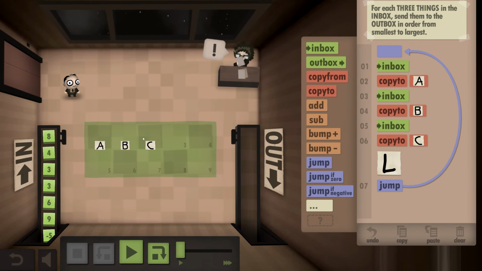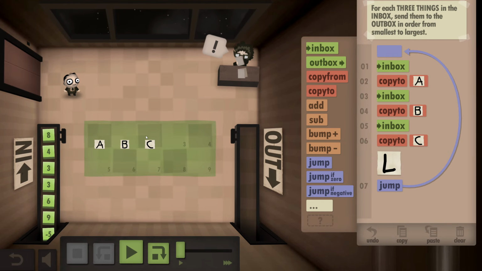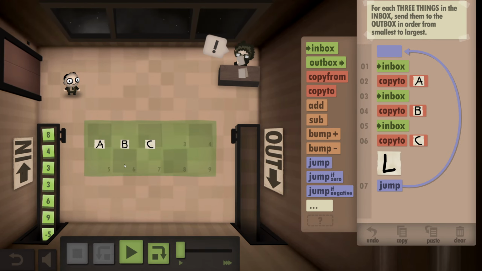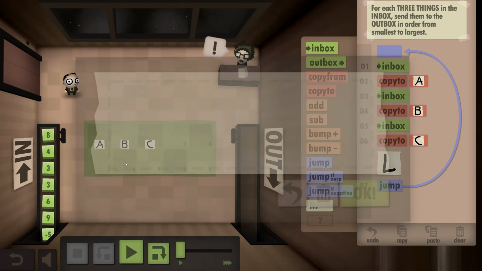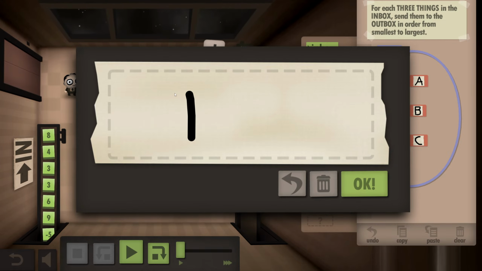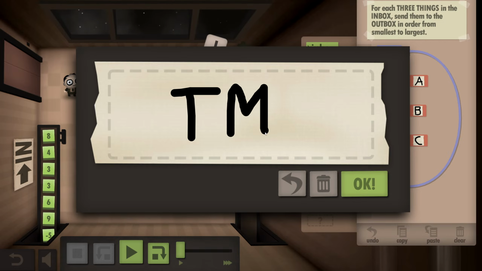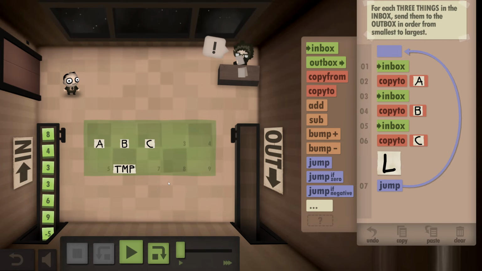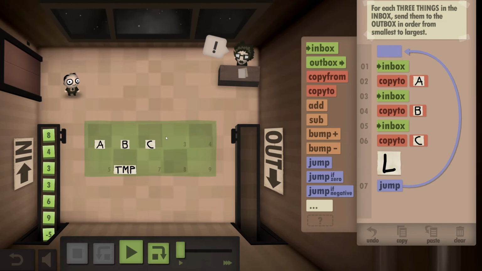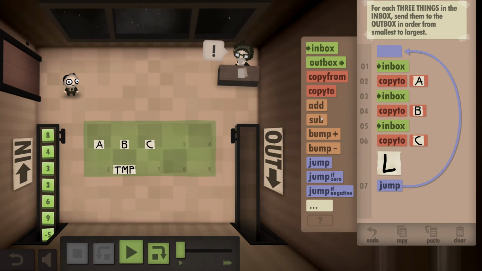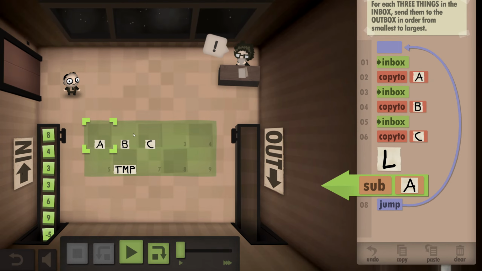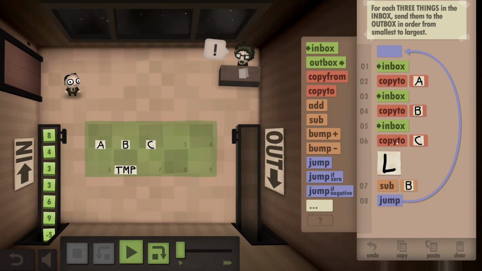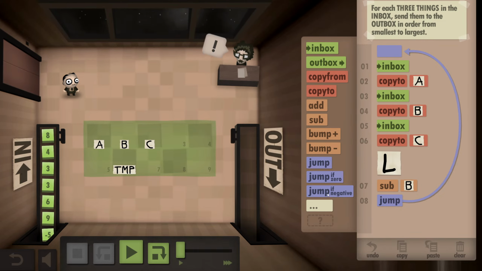Or rather, let's change... Do we need to put them in the bottom row? I don't think so, actually. Let's do this. Have a temp variable here. Okay, C minus B. If C minus B,